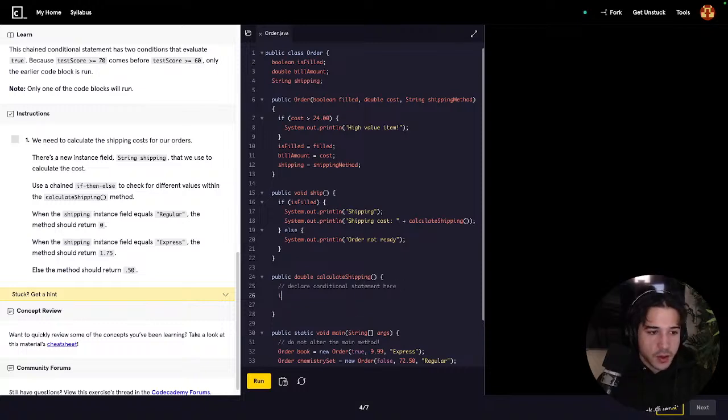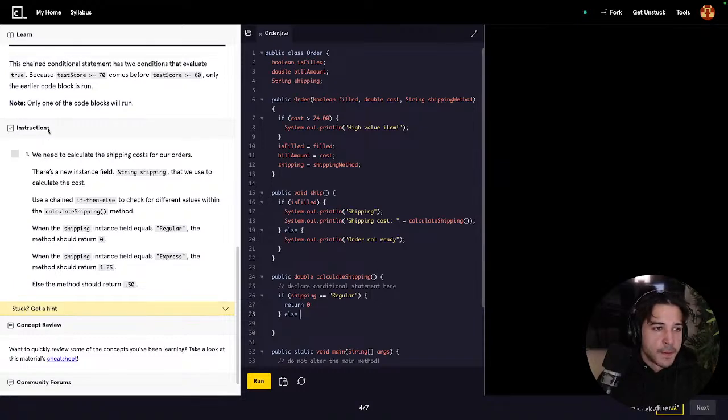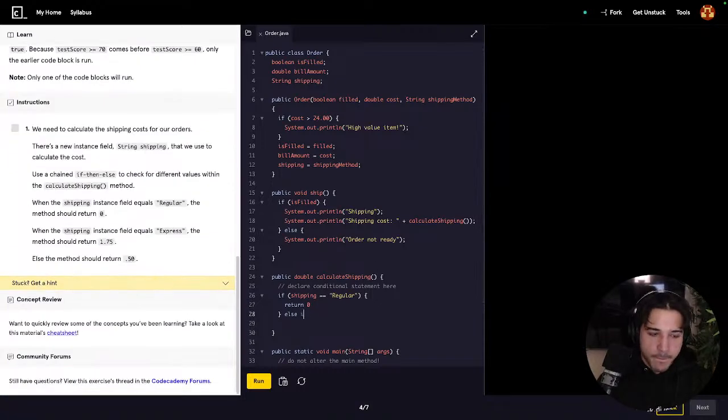So when the shipping instance field equals regular, else if shipping is equal to express